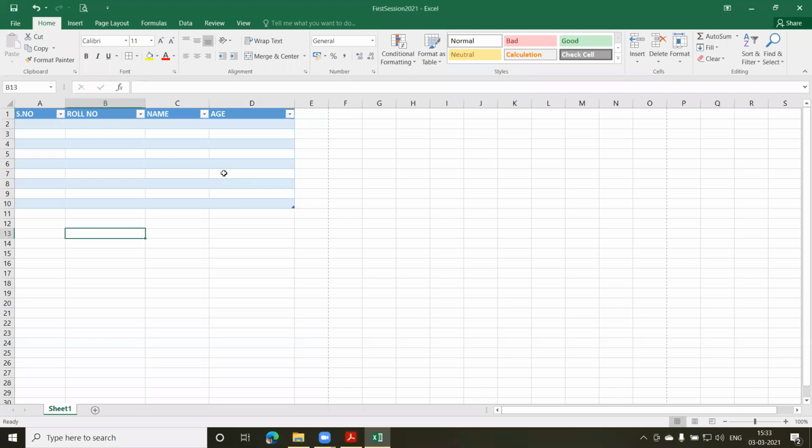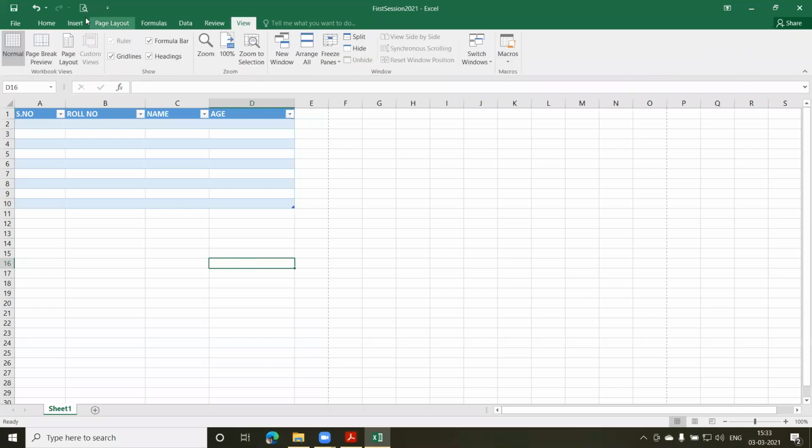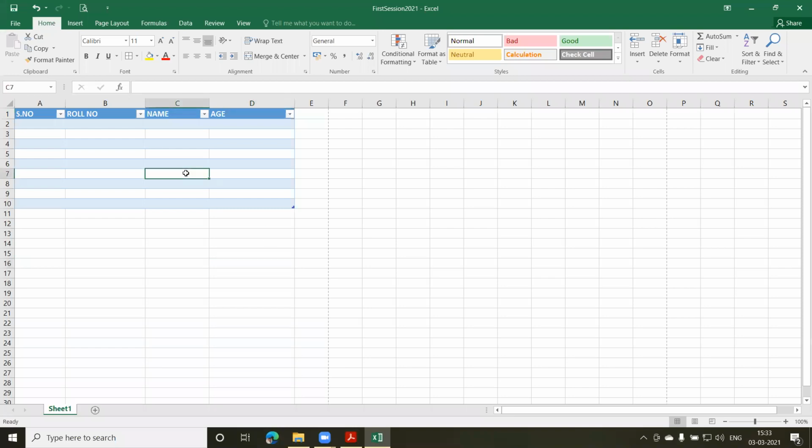as soon as I click in this table, you'll find that there's a new tab which gets added, which is a design tab. When I'm outside this, I get only the tabs up to View. So this is the last tab here. When I'm inside this table, I get another tab. Now this is the tab which I was talking about, which is known as your contextual tab.